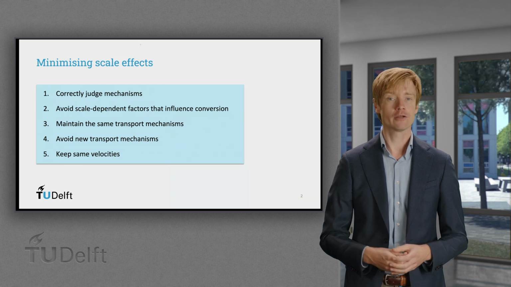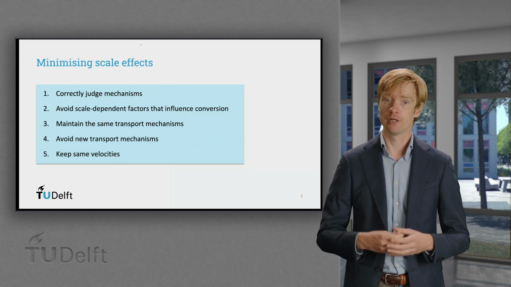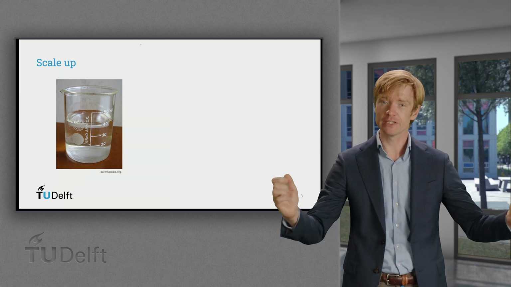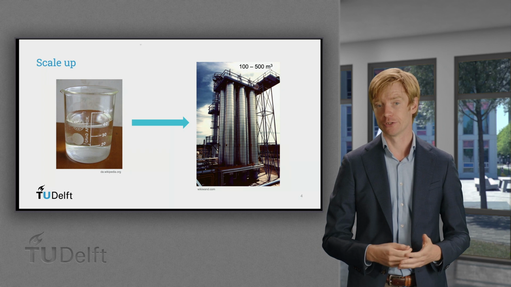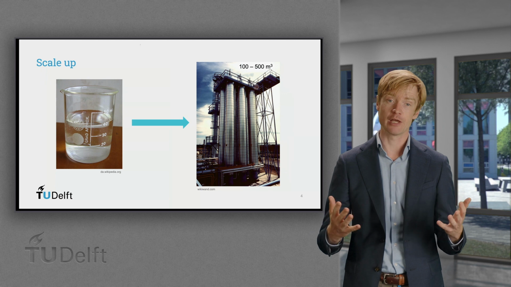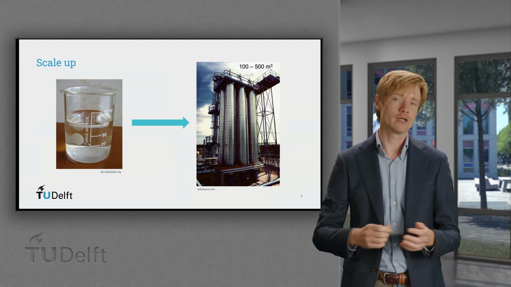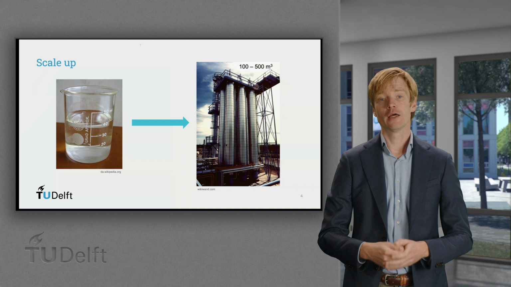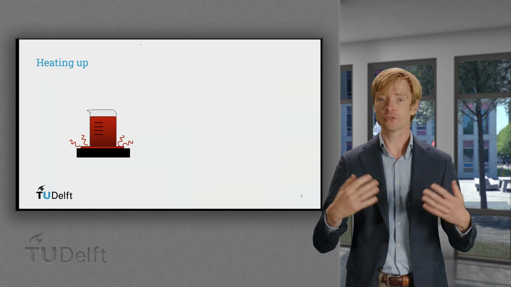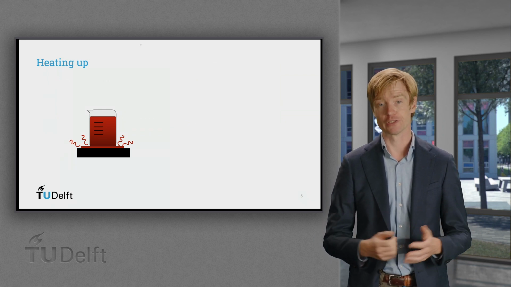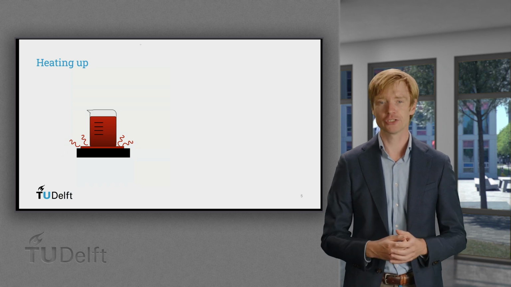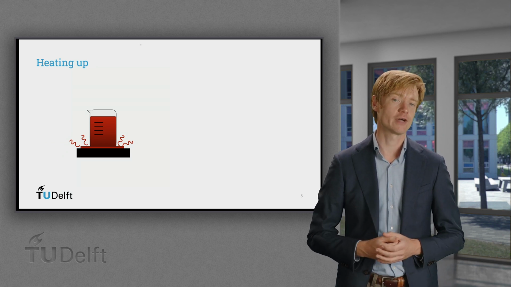Let's consider scaling a certain process from a beaker by a factor of 1 million to 100 to 500 cubic meters, the size of an industrial reactor. In principle, we could design these reactor geometries to be the same, a big cylinder filled with liquid with a certain aspect ratio. Now consider that we are heating this reactor by putting it on a hot plate, and we want the contents to heat up and boil homogeneously. In the small beaker, this is not an issue. The heat distributes sufficiently rapidly through conduction and natural convection.